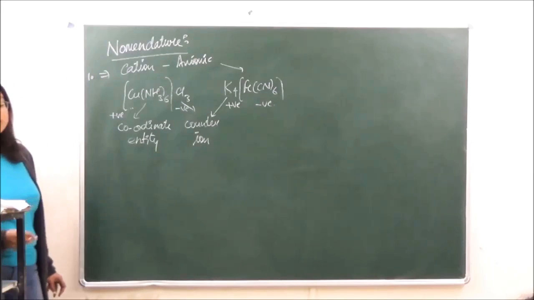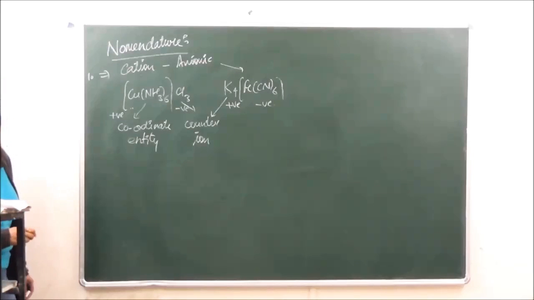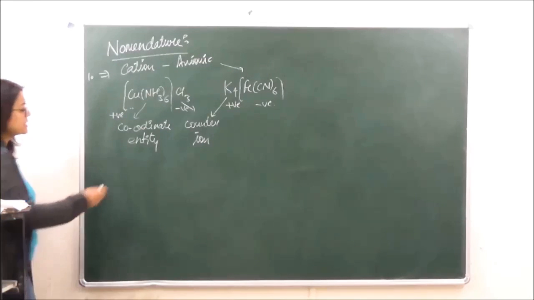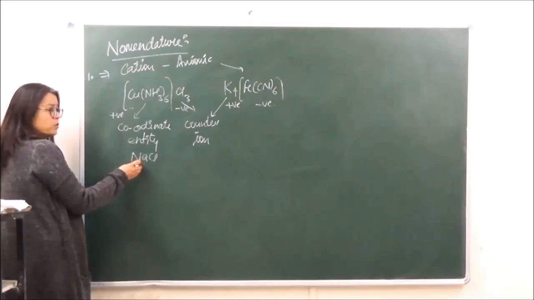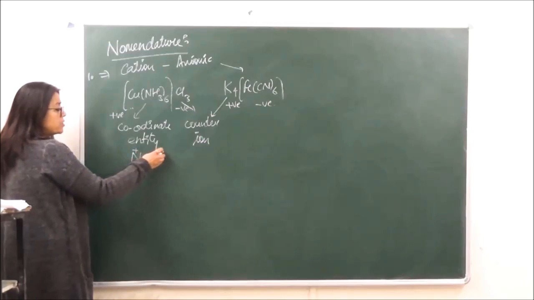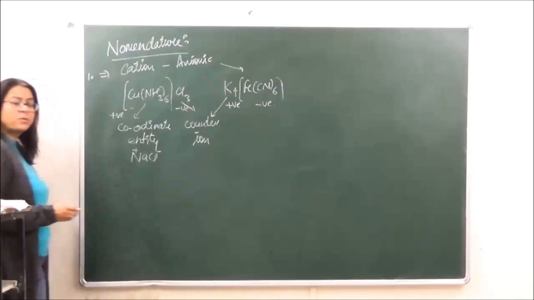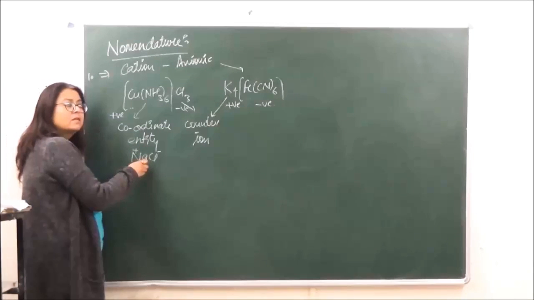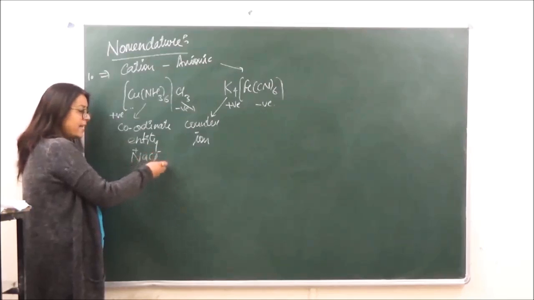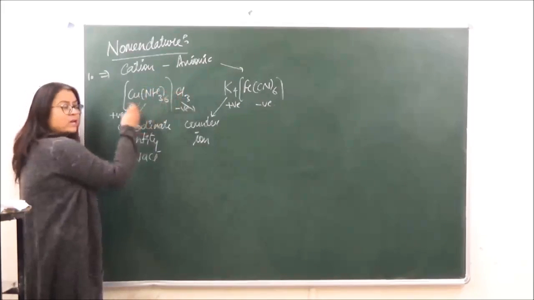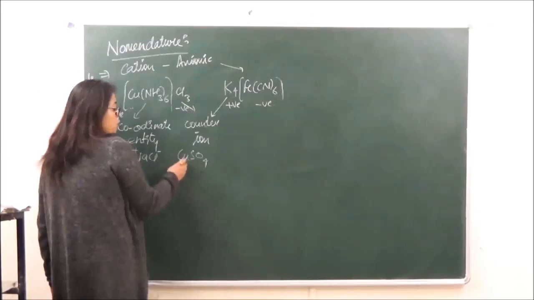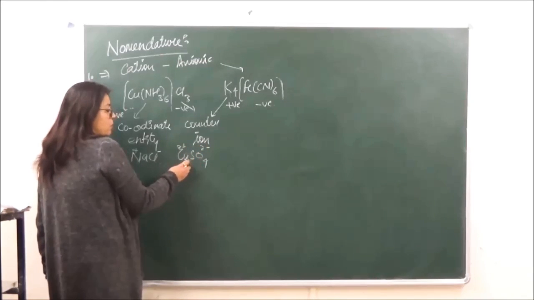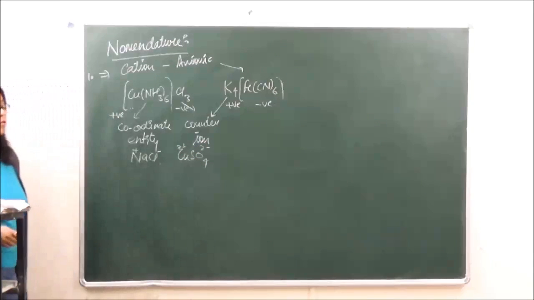Okay, so this is the first rule of naming coordinate complexes, that the name of the cation is going to be given first. It's like any other inorganic salt. If you're taking NaCl, you are going to name it sodium chloride. Over here, sodium is positive and chlorine is negative. So you are first naming the positive, the cation, and then you are naming the anion. Same we are doing over here. Is it clear? Similarly, you can take another example, copper sulfate. Copper is 2 positive, sulfate is 2 negative. So you name copper first, then sulfate. The same rule we are following in the coordinate complexes.